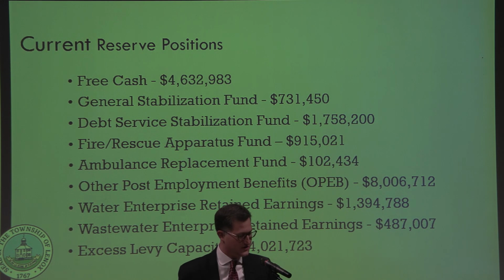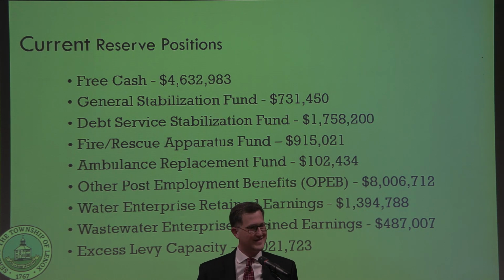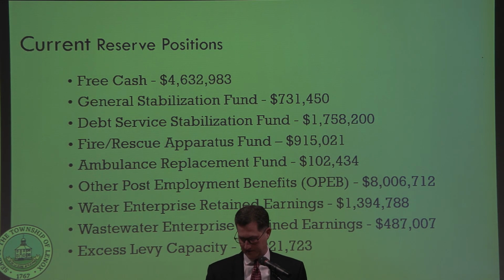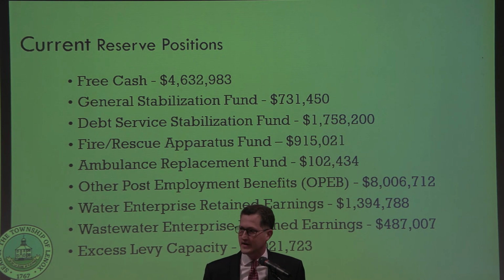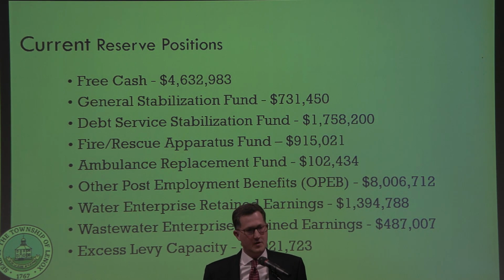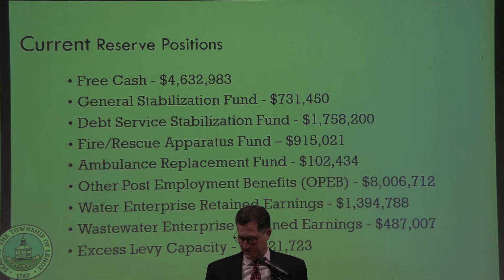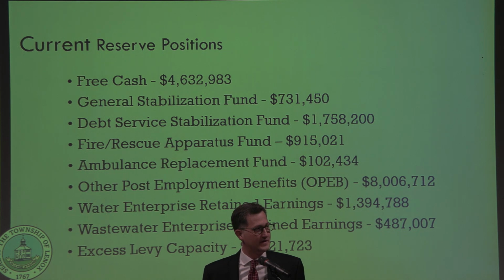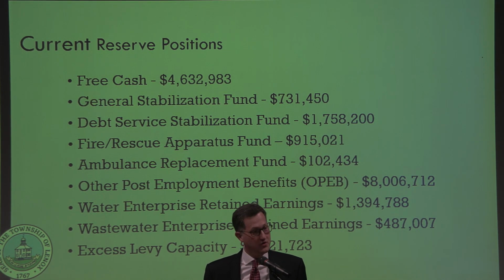We go to the reserve positions. This is going to be difficult to see, but I think this is one of the more important aspects of how things are done differently in Lenox than perhaps they are in other communities. Starting with our free cash balance, we estimate our local revenues in particular in a very conservative manner that tends to generate surplus revenue at the close of any particular fiscal year. We certified $4.6 million in free cash at the close of last fiscal year as a result of those conservative revenue estimates. And we deploy much of that to fund capital reinvestment.